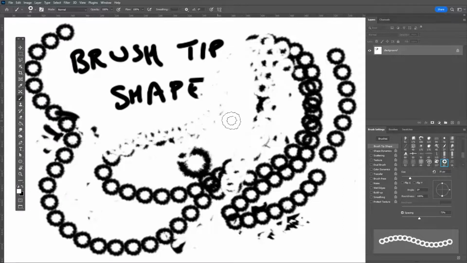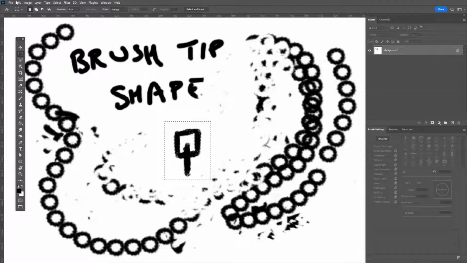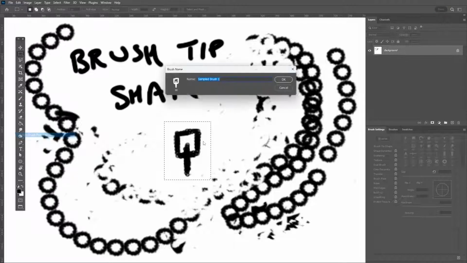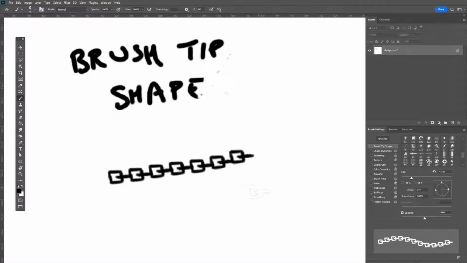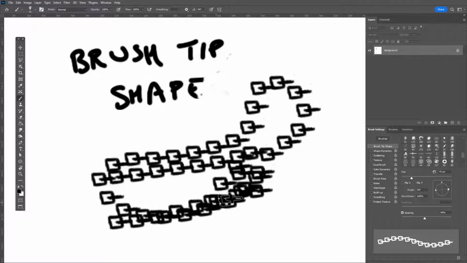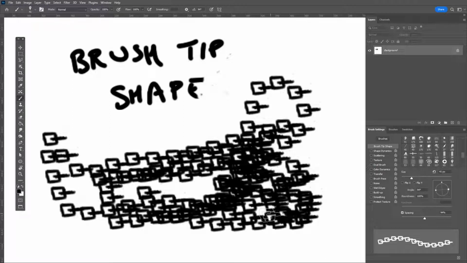And you could, if I draw something like this, for instance, I draw like a chain link, and then I go Edit, Define Brush Preset. If I draw this, let's go change the size, change the spacing. So if I do, ready? But we've got a problem. And that is they're all facing the same way. So what we can do,